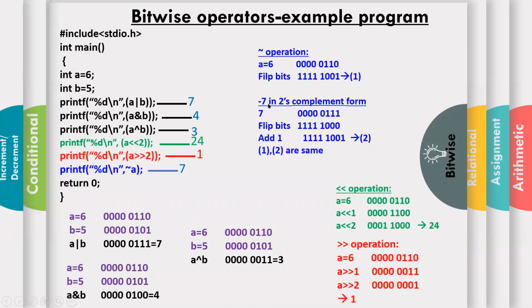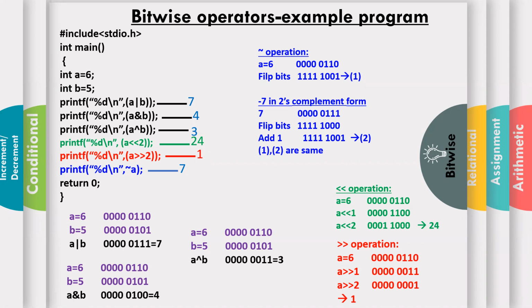Consider a number -7, how is it represented? First consider a positive number 7, how is it stored in the system? You convert it to binary, and you get 111. So 111 is the representation for 7. But how is -7 represented in your system? It uses the 2's complement form. What does 2's complement form mean? To represent -7, consider 7 first. 7 is 111, but I considered 8 bits, so I put 5 zeros. Now flip the bits, changing zeros to ones and ones to zeros, and add 1. This is called the 2's complement form.